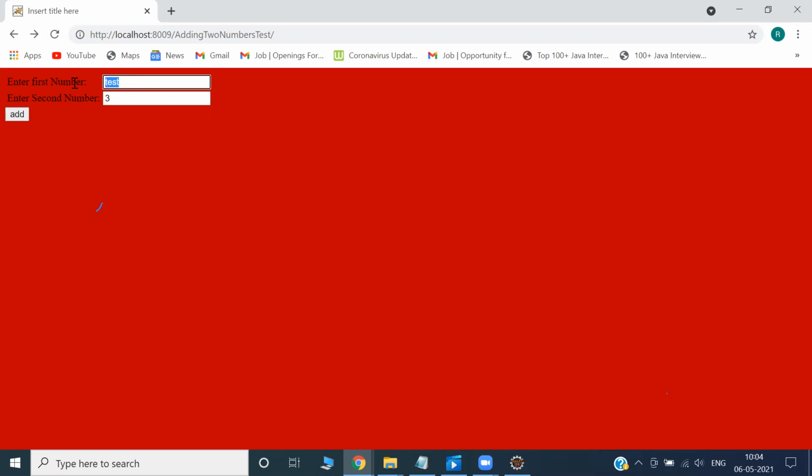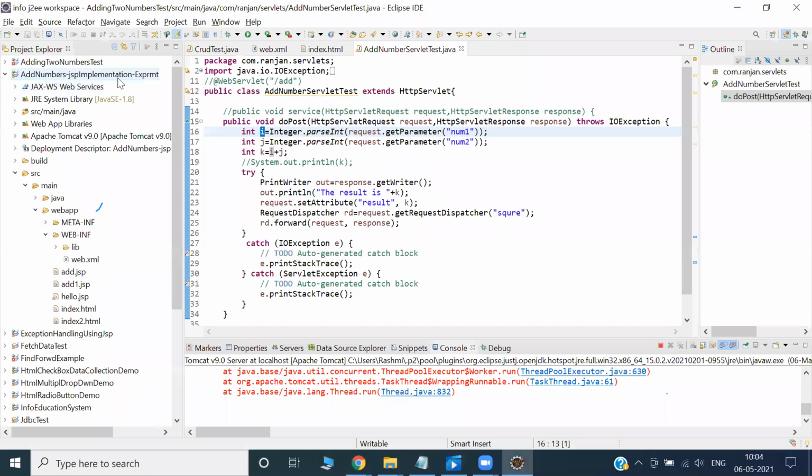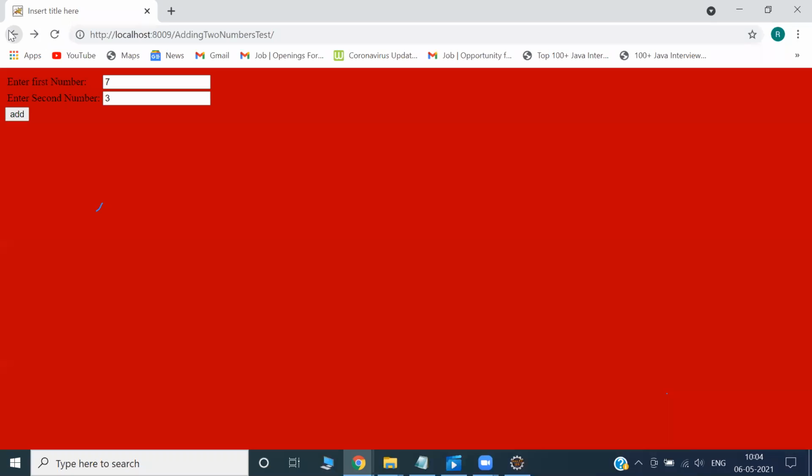You should put a number, like 7. 7 plus 3 is 10, and 10 into 10 is 100. But if you make a small mistake, that's why exception is so powerful. It beautifully throws a small problem, a small exception: hey, NumberFormatException.